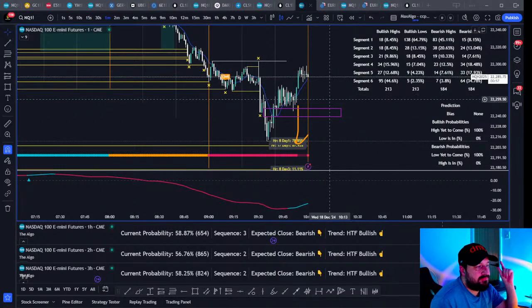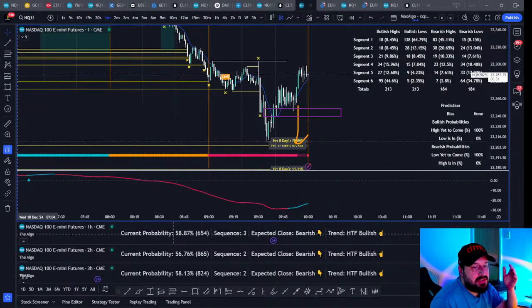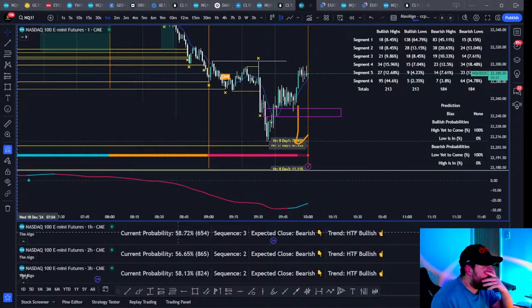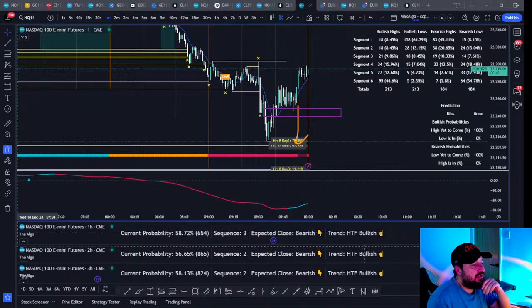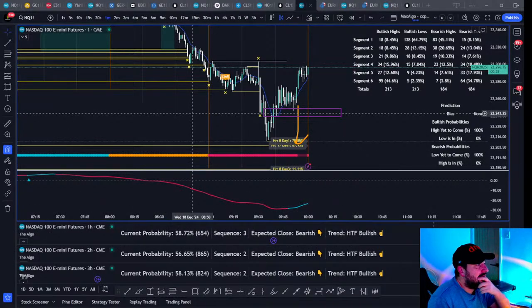New hour. Still bearish. But you can see that probability just dropping off as the hours have gone on, right? It's because we're still not fully transitioned to bearish. It's because of that run up on Monday.